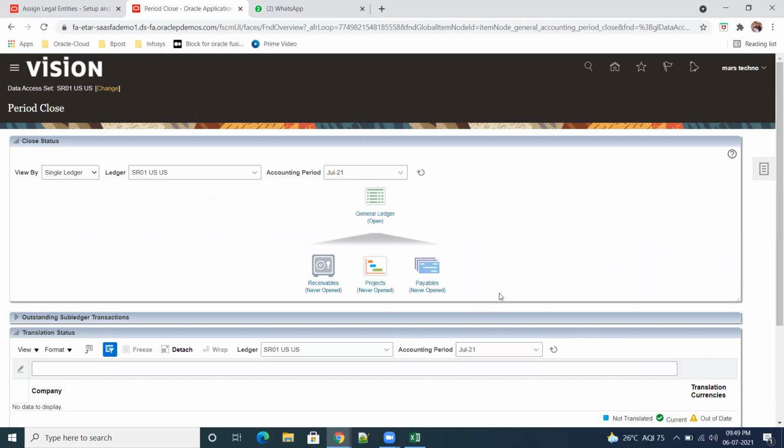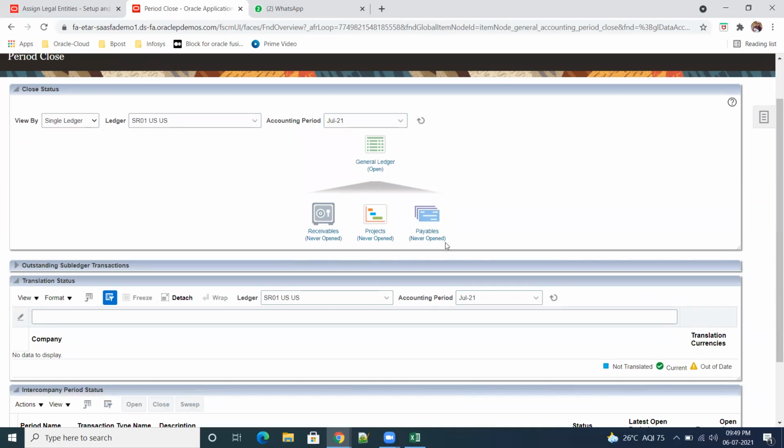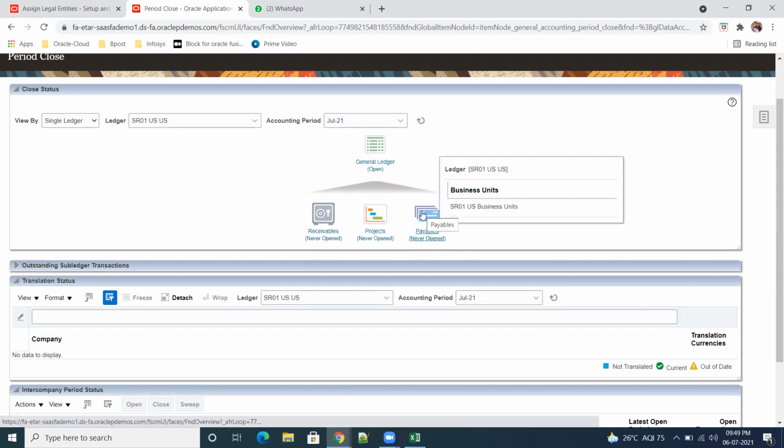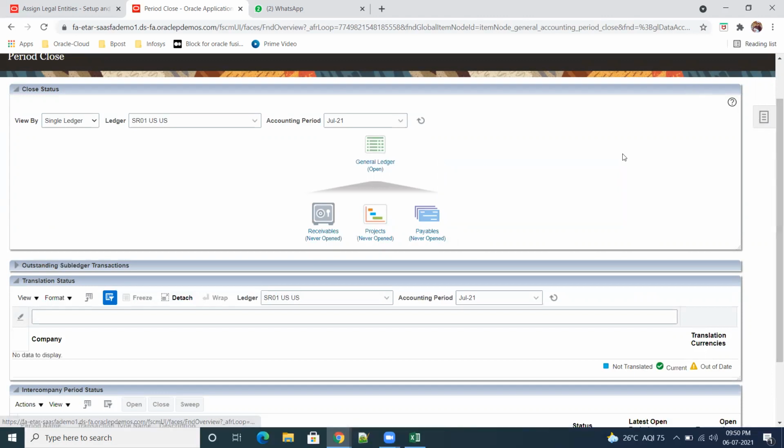Now quickly you can enter one general entry. Receivables we also have to open, and projects, payables. Here there is a chance to ask a question. In EBS we open periods for inventory transactions also, but in Cloud that has been ruled out. The open period system is present only for AP, AR, projects and ledger. There is a chance to be asked about this; this question was asked in one of the interviews.